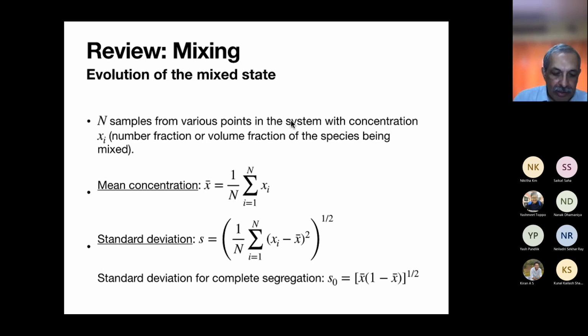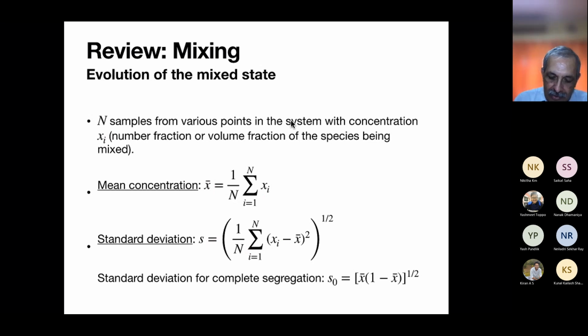That concentration could be either the number fraction or the volume fraction of the species that you're trying to mix into the bulk. So the mean concentration, so if you have xi for n different samples, then the mean value is just given by this, which is the sum of all the concentrations divided by the number of samples n, and S is the standard